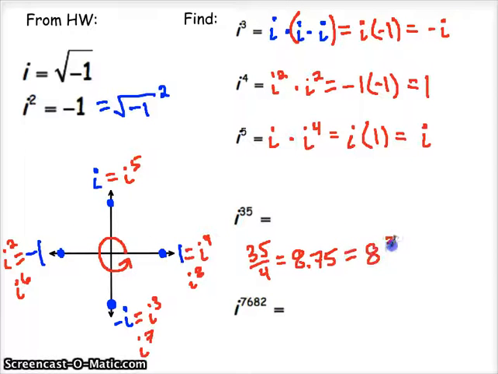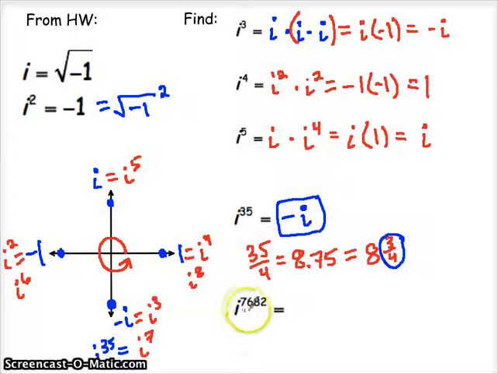This is 8 3/4, which means that 1 extra quarter would take you up to i, the first step along our cycle, the second quarter over to i squared, or -1, and the third quarter down here to -i. So I would say that i to the 35th is really the same thing as -i, because all of the other i's would have canceled away. This is i to the 35th power. Let's do the same thing with